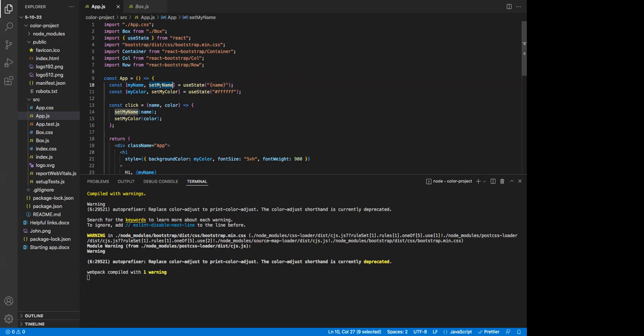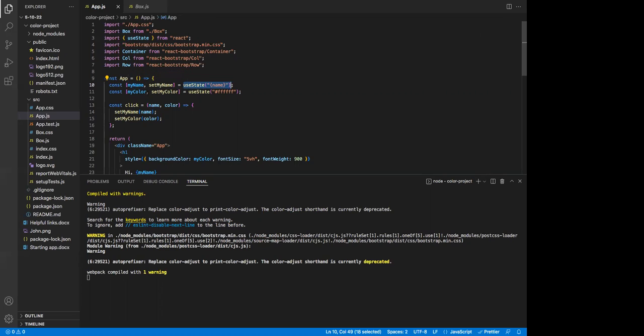What you usually would like to do by convention is set your set variable, because this is the changing variable. This is the actual variable, or this is actually a function. But anyway, you want to name it the same thing as your variable. So setMyName is my little set function. And then useState, this is actually the default value